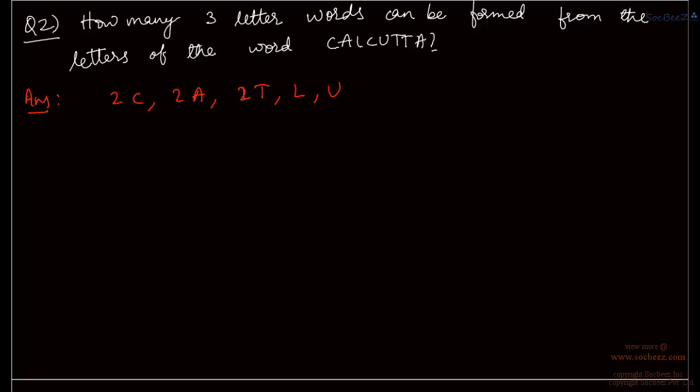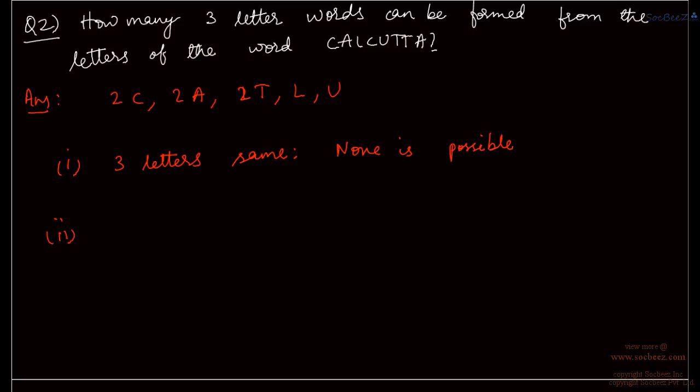Now let us solve this question in this way. Let all the 3 letters of the word we are supposed to form be the same, right? But we see that since the maximum number of same letters possible is just 2, which is for C, A and T, hence none is possible here. We can't form any 3-letter words having the same 3 letters.